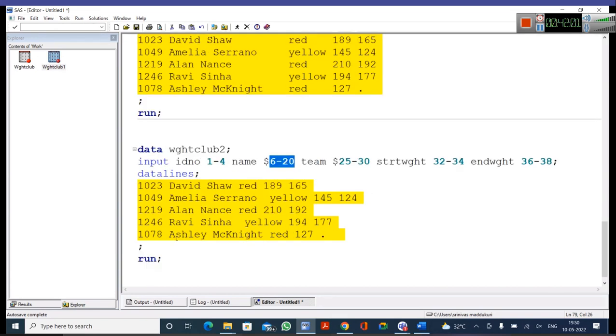6-20. Here 6-20. But if you write 6 and if this is the 6th column, and here this is the 20th column. So this entire part will go to which variable now? Name variable. Name variable. Name. Means what is happening here? Even the team value also will go to